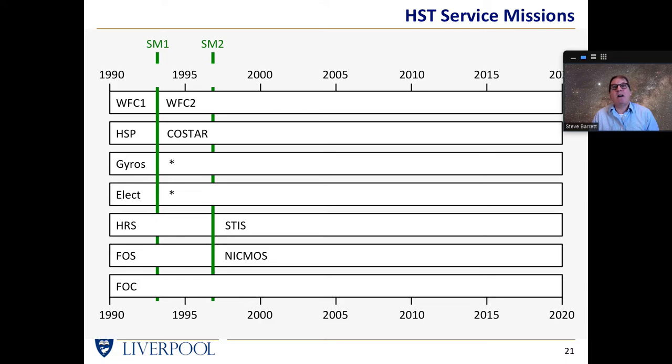It's already old. Technology has moved on, and so it was possible to replace those spectrometers with better, higher resolution spectrometers. So that's what was done in the late 1990s. Near 2000, in a 1999 service mission, Shuttle Mission 3,